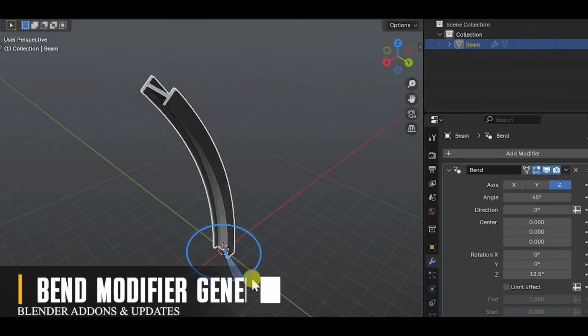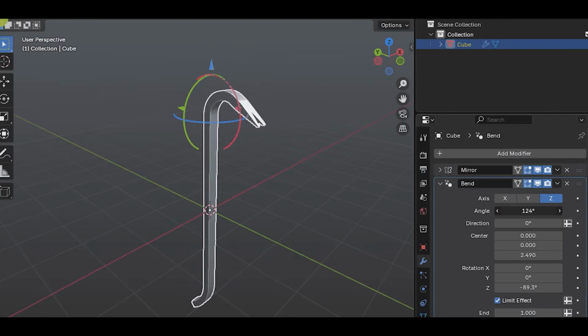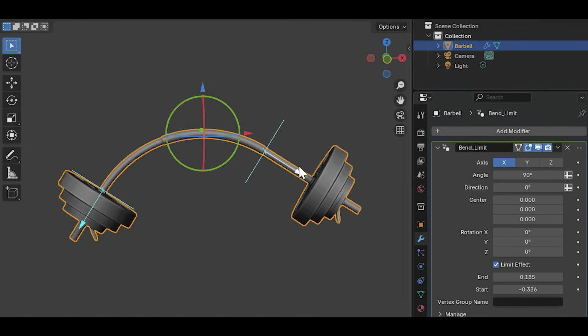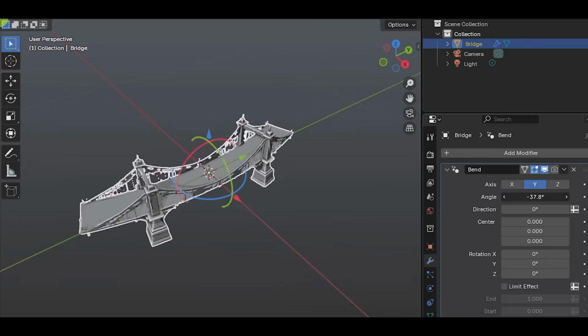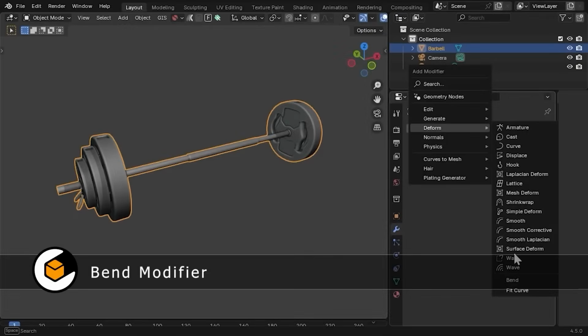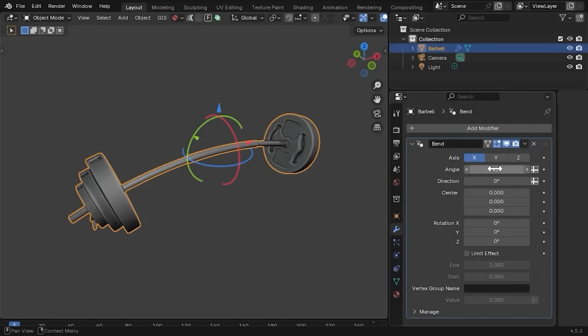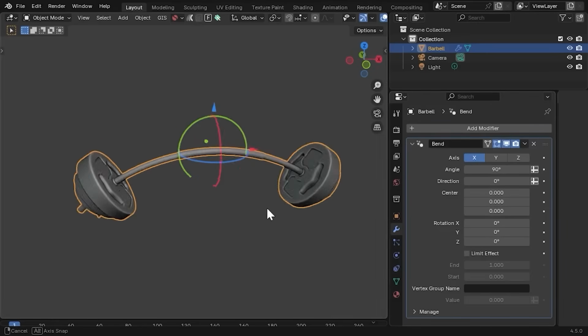Now, talking about modeling, there is a new add-on called Bend Modifier Generator, which can give you a proper bend deformer, like what you would find in other 3D software. In fact, this add-on was inspired by 3ds Max. So if you've ever struggled with Blender's simple deformer, or the bend mode, having to create empties and fiddling with orientations, this add-on I think is a great option, knowing it is made by one of the best developers out